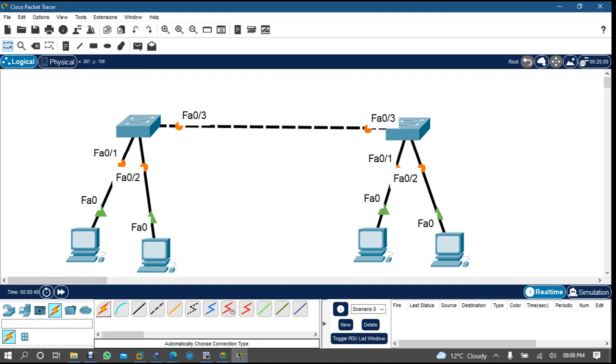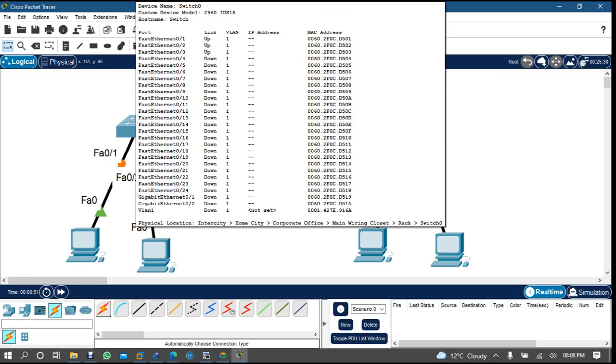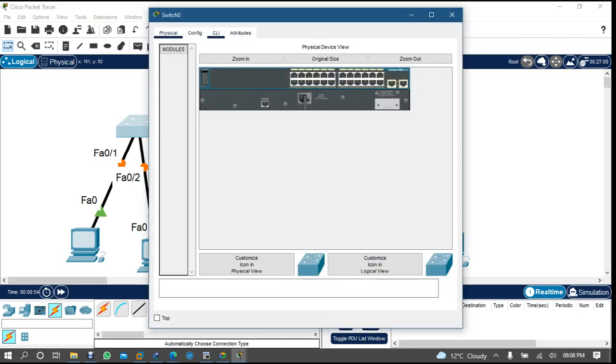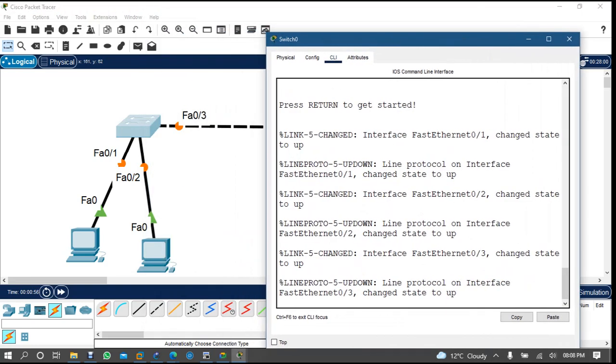Okay. So now these PCs came up directly, right? Yes. But switches are taking some time. Okay. So if you will come to this switch, and if you will type here,